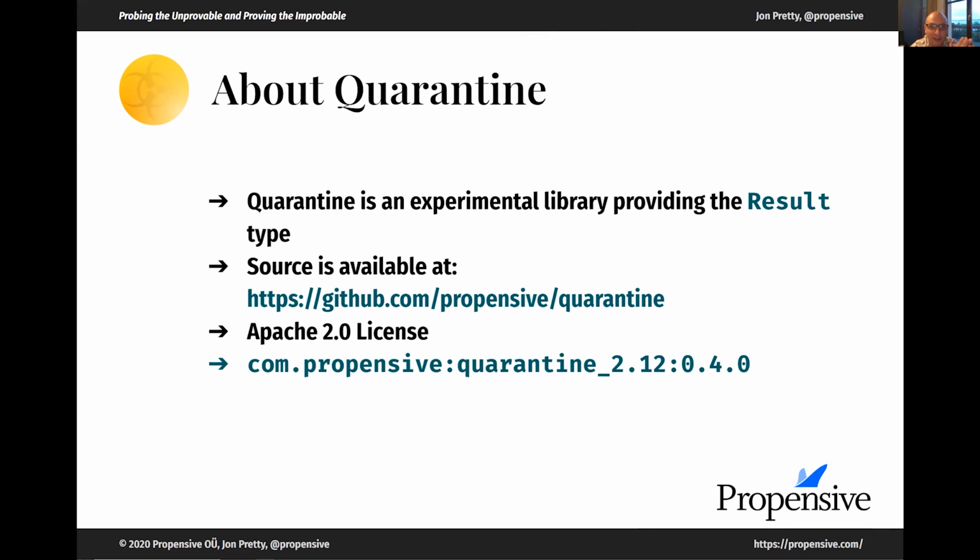Yes. There's nothing in it. This is actually true of Probably as well. There's nothing about Scala.js that would stop you using quarantine. And the reason I say that is actually not because I've tested it. It's because I know that all of the complexity with quarantine is done with type checking in the compiler, and Scala.js is a phase that happens after that. So it will just compile to Scala.js.